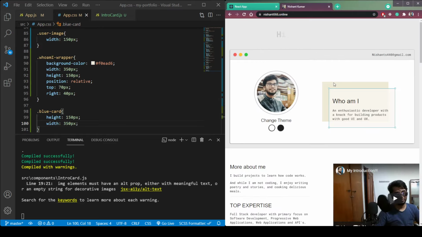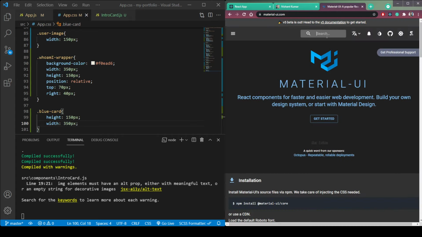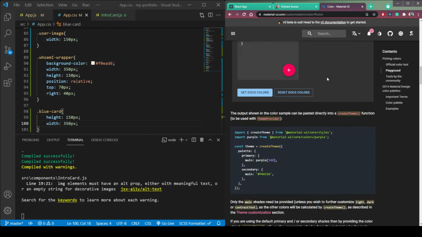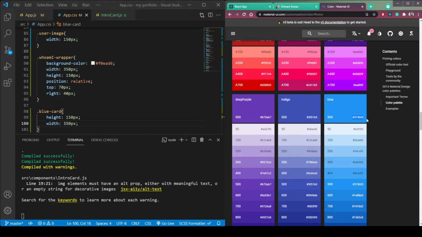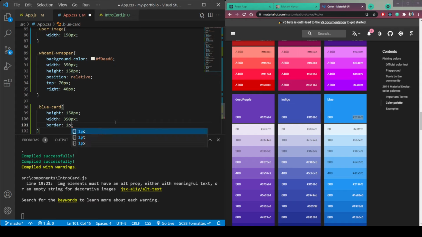So for border you can see it is blue, so head to materialui.com and search for color here. Let's use any blue color, so let's use this one, blue, and inside this we can say border 1 px solid, and then this color.